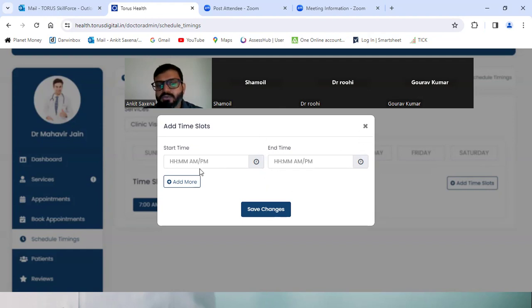So this is where you add your availability, your available timing on a particular day, and as per that, the time slots will be arranged.